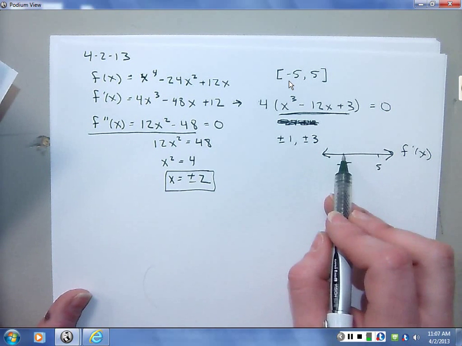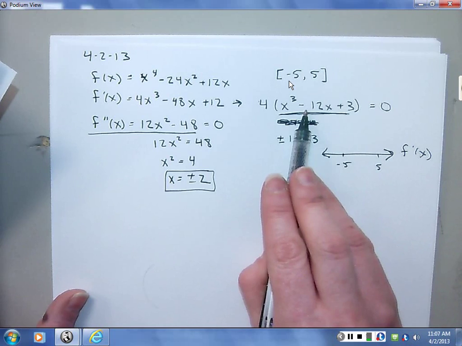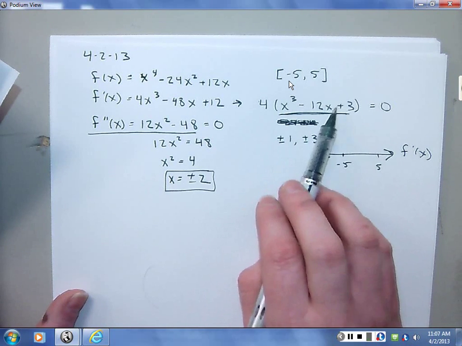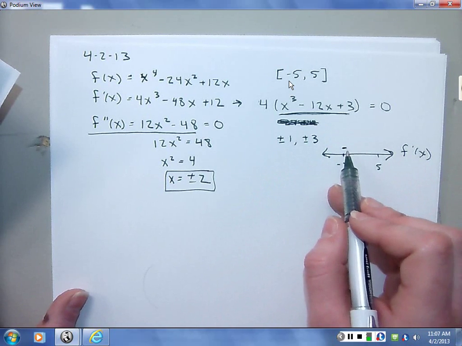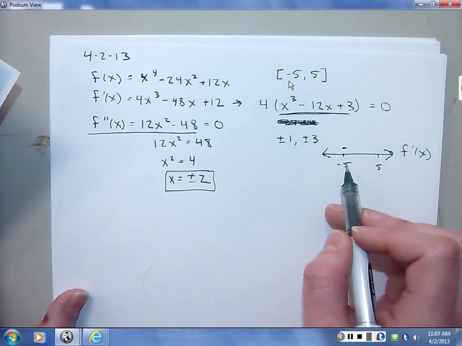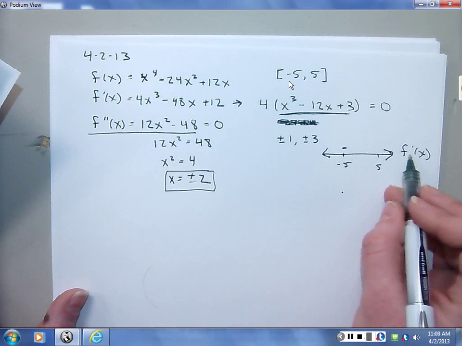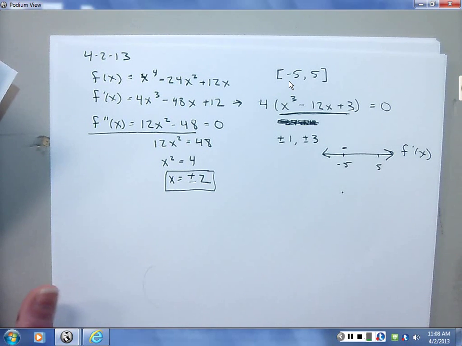If I plug in minus 5, I get a negative number. So that means my derivative is below the x-axis at minus 5, so my slope for my function is negative. But I'm not graphing my function, I'm graphing the derivative. So coming back